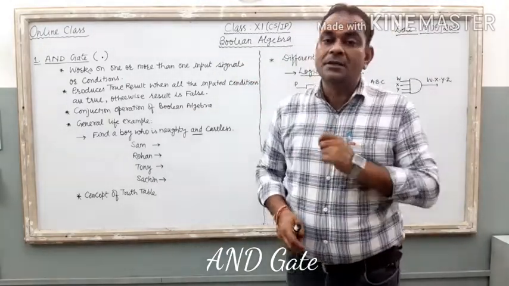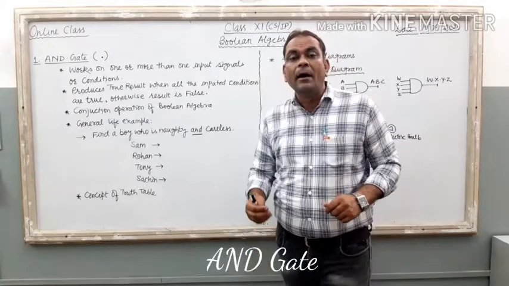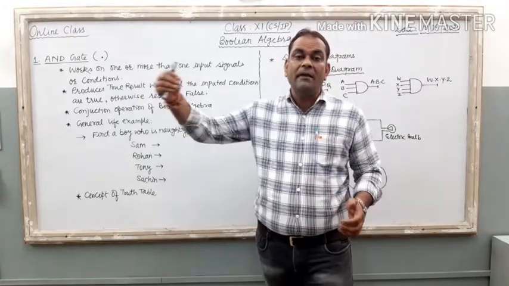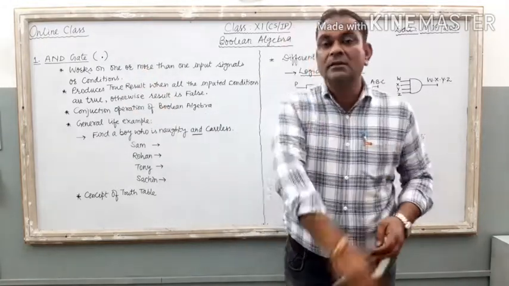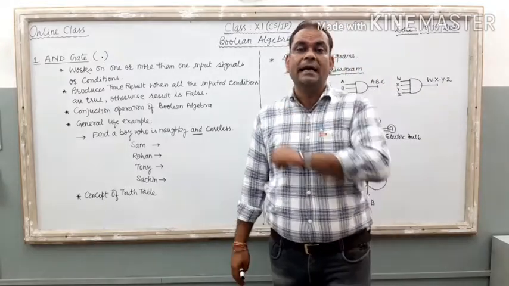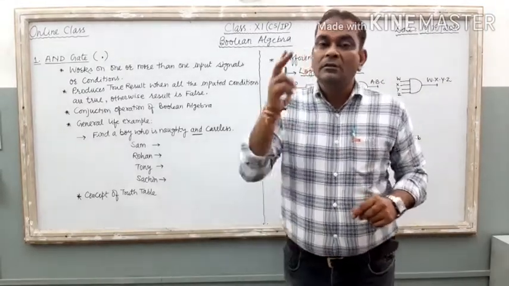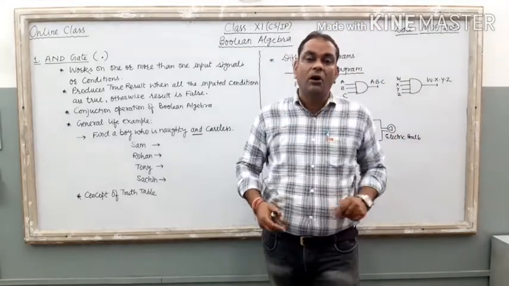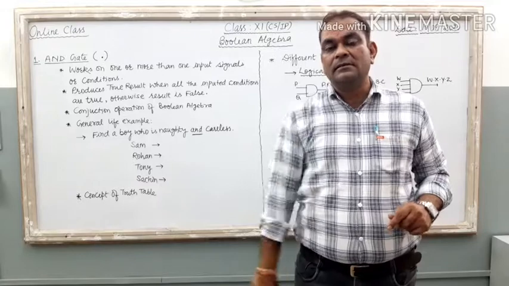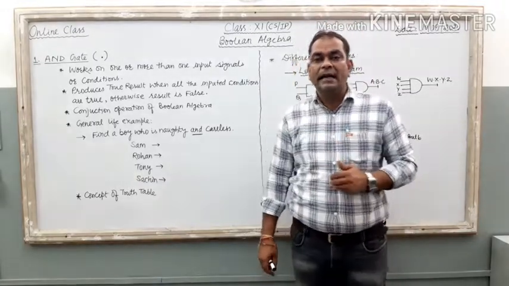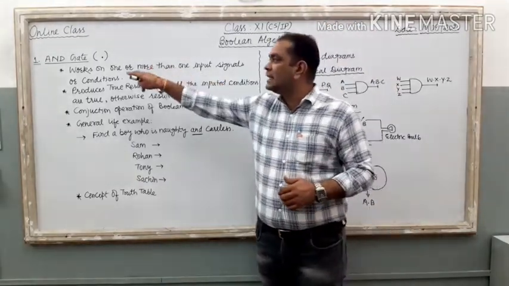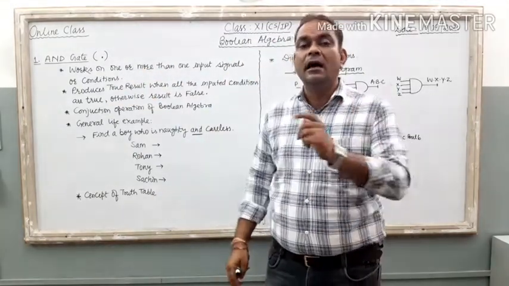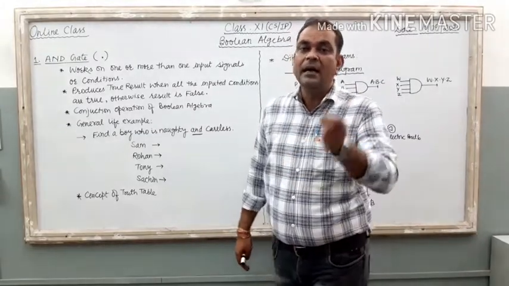In this video lecture, we will discuss the fundamental gates of Boolean algebra. As you know, in the previous video lecture, we already discussed that there are 7 different logic gates. Out of these 7, 3 logic gates are known as the fundamental logic gates of our digital electronics. Out of these 3, the very first is the AND gate, the second one is the OR gate, and the third specific logic gate is the NOT gate.